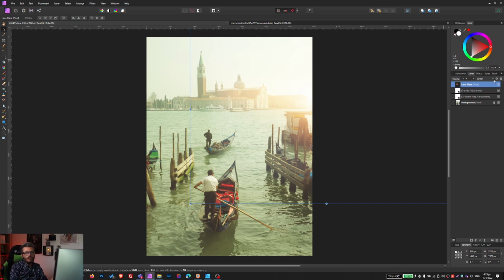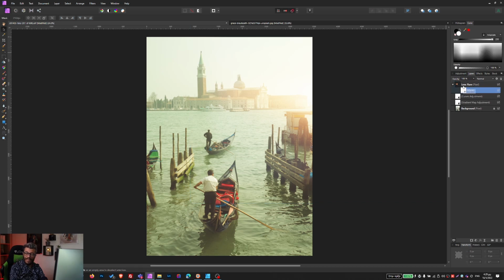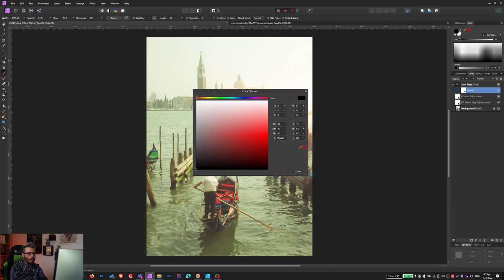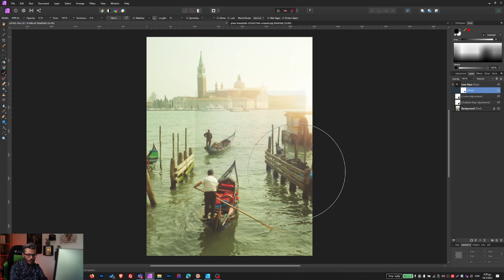Again, if it is too much, you can always go to the opacity slider and dial it down or drag it down. Okay, you can use something like this. I like it at 100%, this looks quite nice, but because it's hiding part of the building over here, what you can do is you can select the lens flare layer, hit on this icon, and this will create a mask for the lens flare layer, and this will allow us to take a paintbrush tool, use from here the black color as our main foreground color, okay,